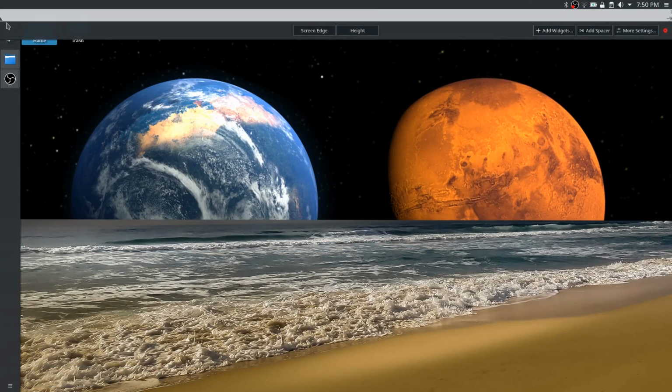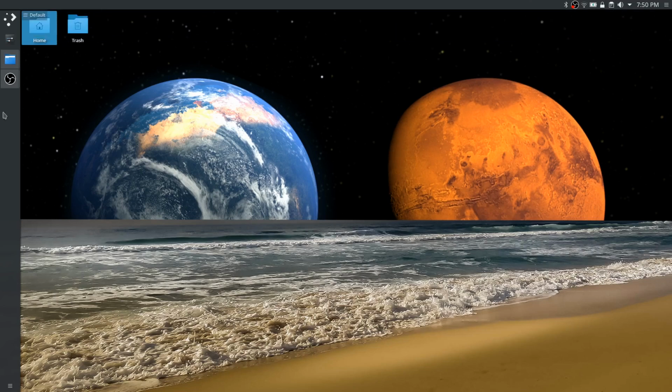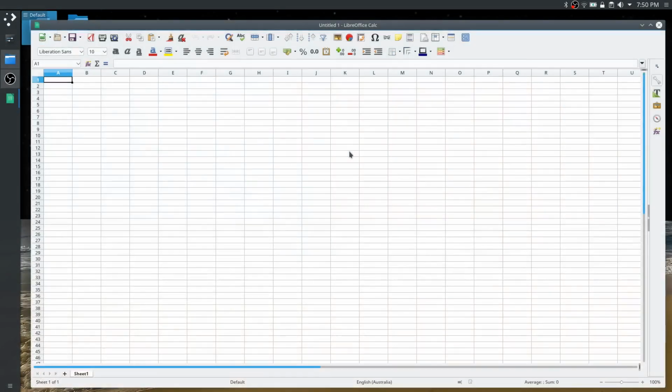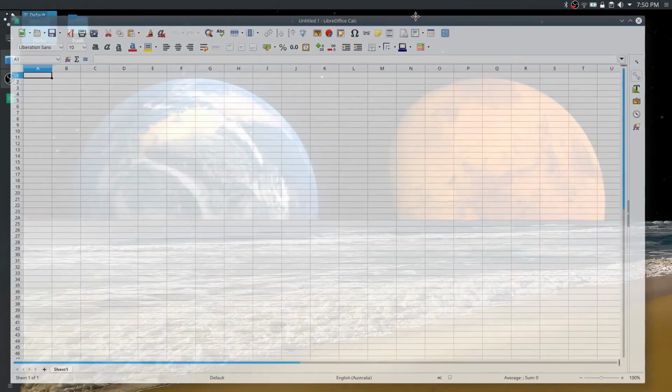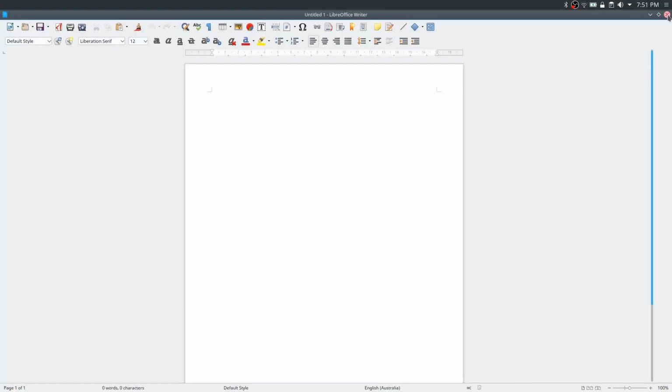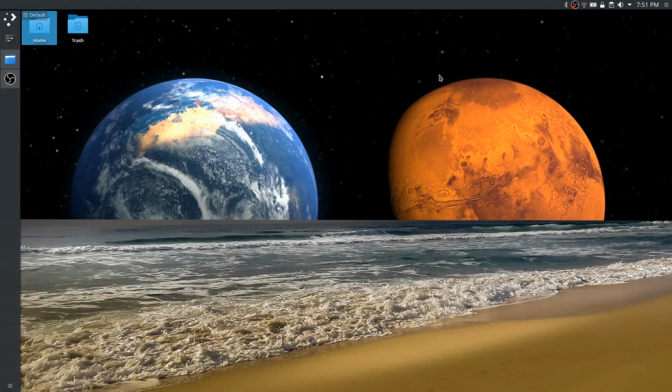So let's get rid of that for now. Global menu. Gone. Bye-bye global menu. So let's just try LibreOffice Calc again. There's no menus there anyway. There was menus earlier when I was running it, so I don't know how they've disappeared. Must be the global menu. Anyway,